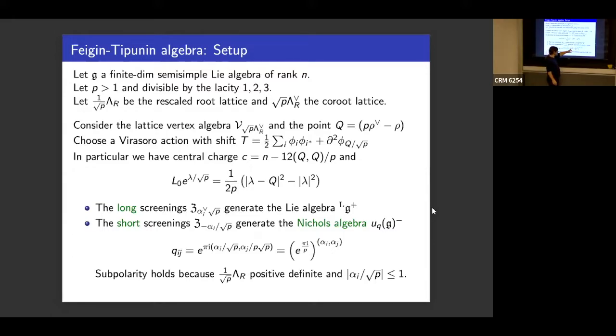So the statement is all relations that hold in the Nichols algebra hold for the screenings, and you can compose the screenings. So we'd expect that this is exactly the Nichols algebra. So this is maybe not spelled out. You're right, it's again the same thing. So you can prove all relations hold, and you can compose the screenings, which is not clear.